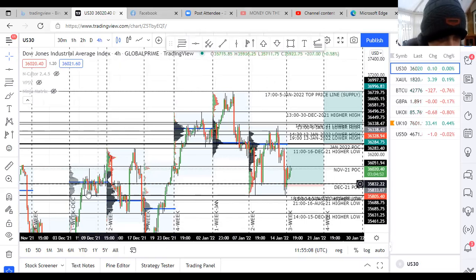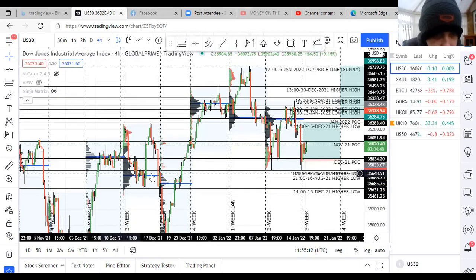POC from week 1 in December, week 2 in December, we were up here when we opened, came straight to the POC. Okay, came down, created a higher low on the 15th, came back up, hit the POC, went back up, created a higher low,